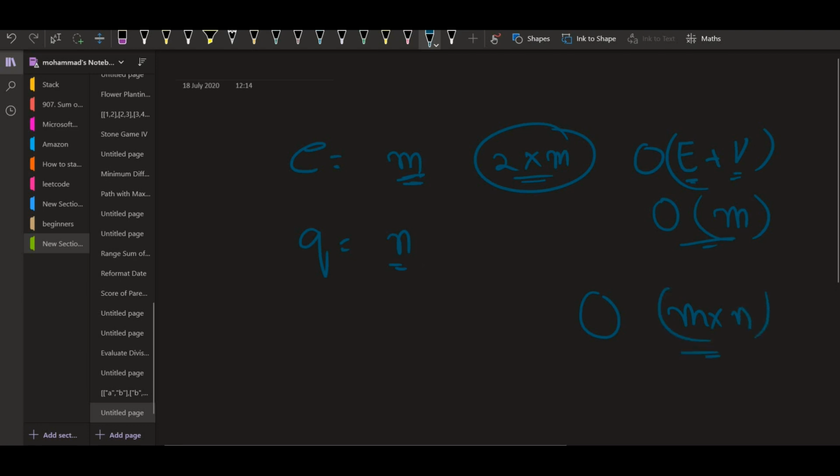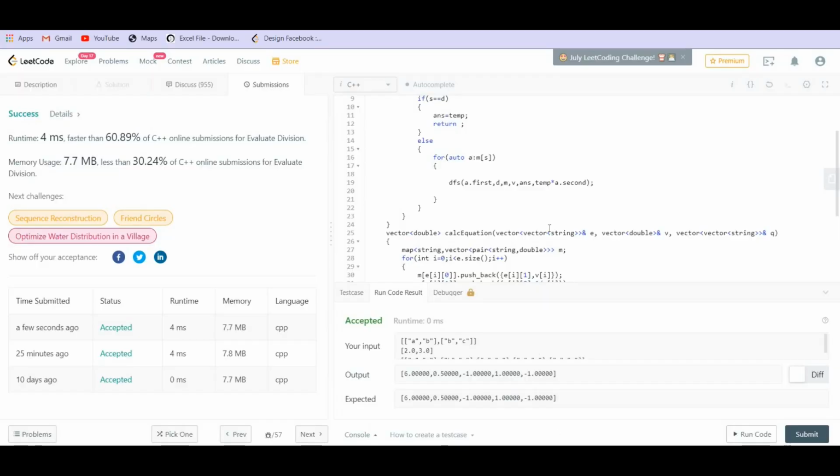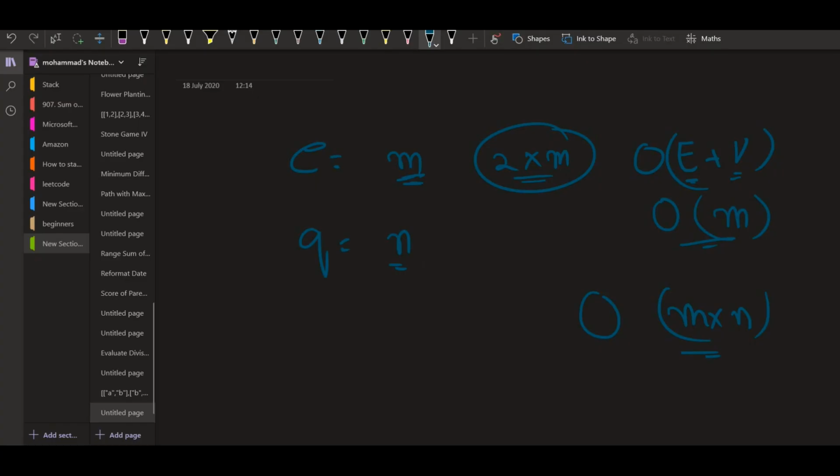Talking about the space complexity, first of all, whether it is a map or a set of strings, we should declare this as unordered so that we have constant time complexity. Now talking about the space complexity, we are using a map here, big O of n, where n is the number of nodes, or I should rather say big O of V, where V is the number of nodes. So this is the space complexity.